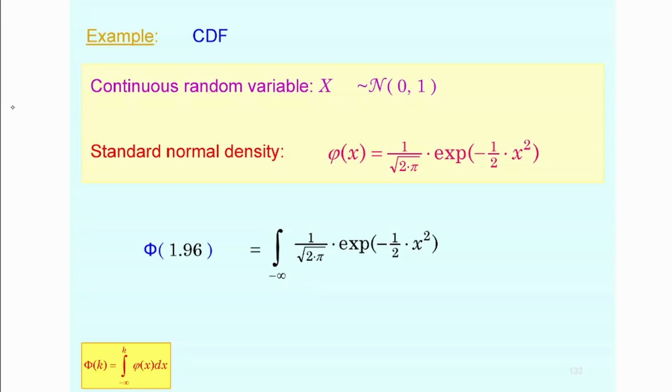Now the density of the standard normal distribution is here, okay? I mentioned that before. You take the integral of that between minus infinity and 1.96, and of course you calculate this integral with respect to x, so that would be the integrator, and what you're going to get is basically the cumulative distribution function at that point. Now, it can be shown that this function has no closed form primitive function. You know what a primitive function is, or antiderivative, okay? The German term is Stammfunktion, all right? So it can be shown that it has no closed form solution for its antiderivative, which is true. So you have to calculate this integral numerically.